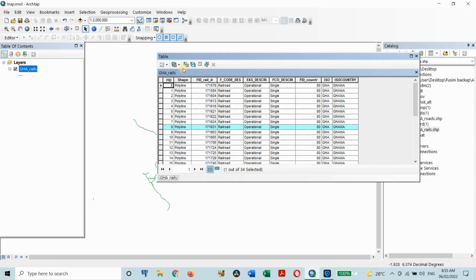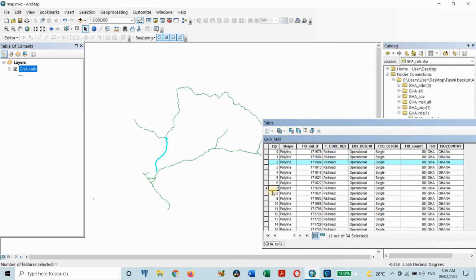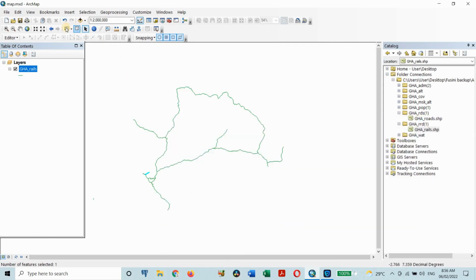You can also do selection using the attribute table. You can just select it from the attribute table, and it has been selected. And you can clear selection from here. So you select this and clear selection using this. You can select elements, and then this is the